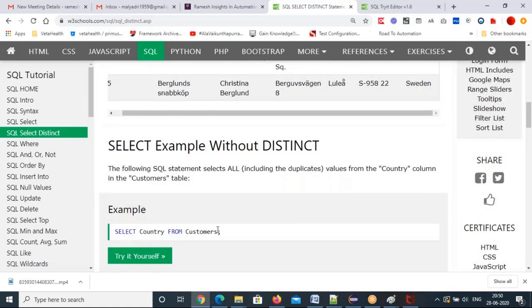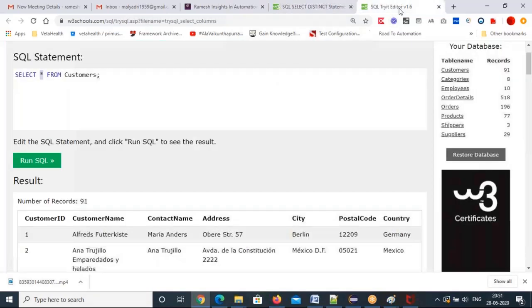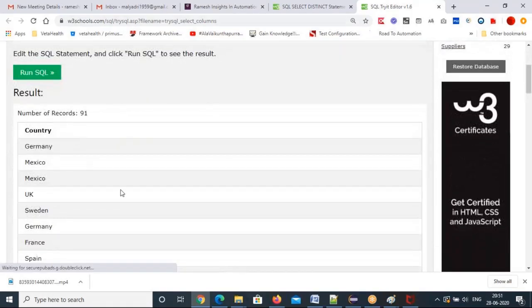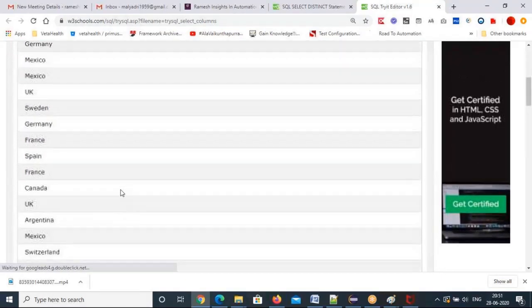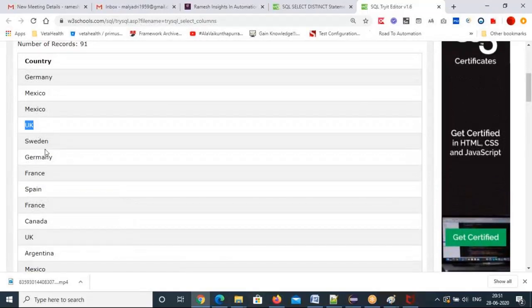Select country from customers. Let me write this. Select country from customers. See, you are getting duplicates also, right? UK duplicate, you see that? Germany duplicate, Mexico duplicate, and Mexico here, see, duplicate is showing.